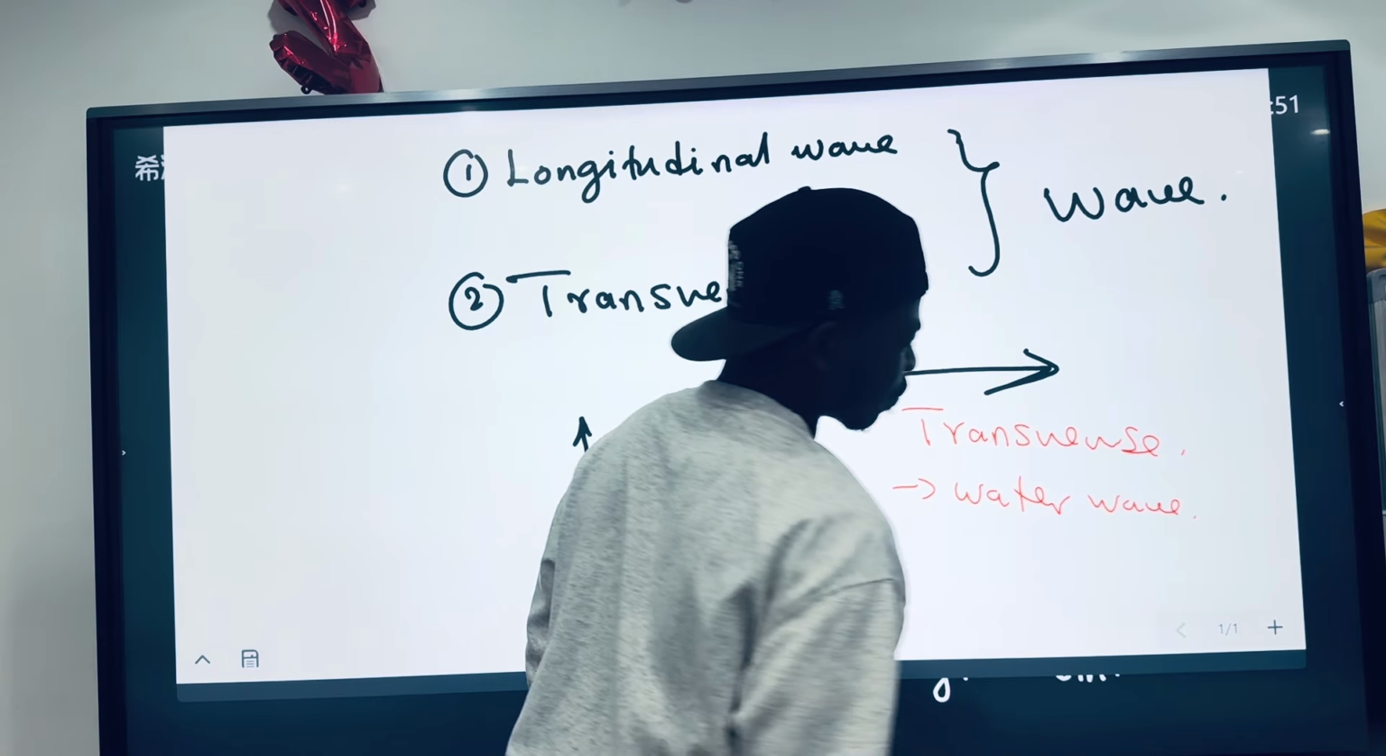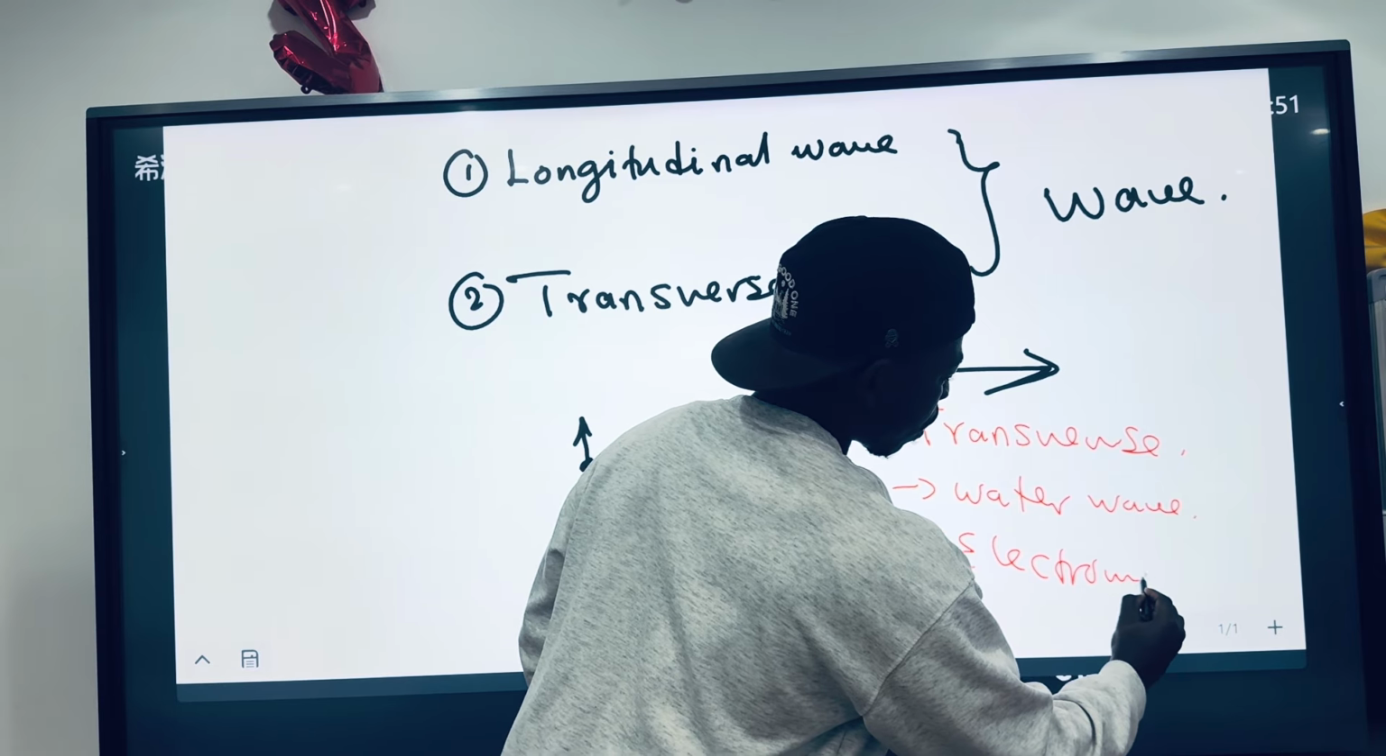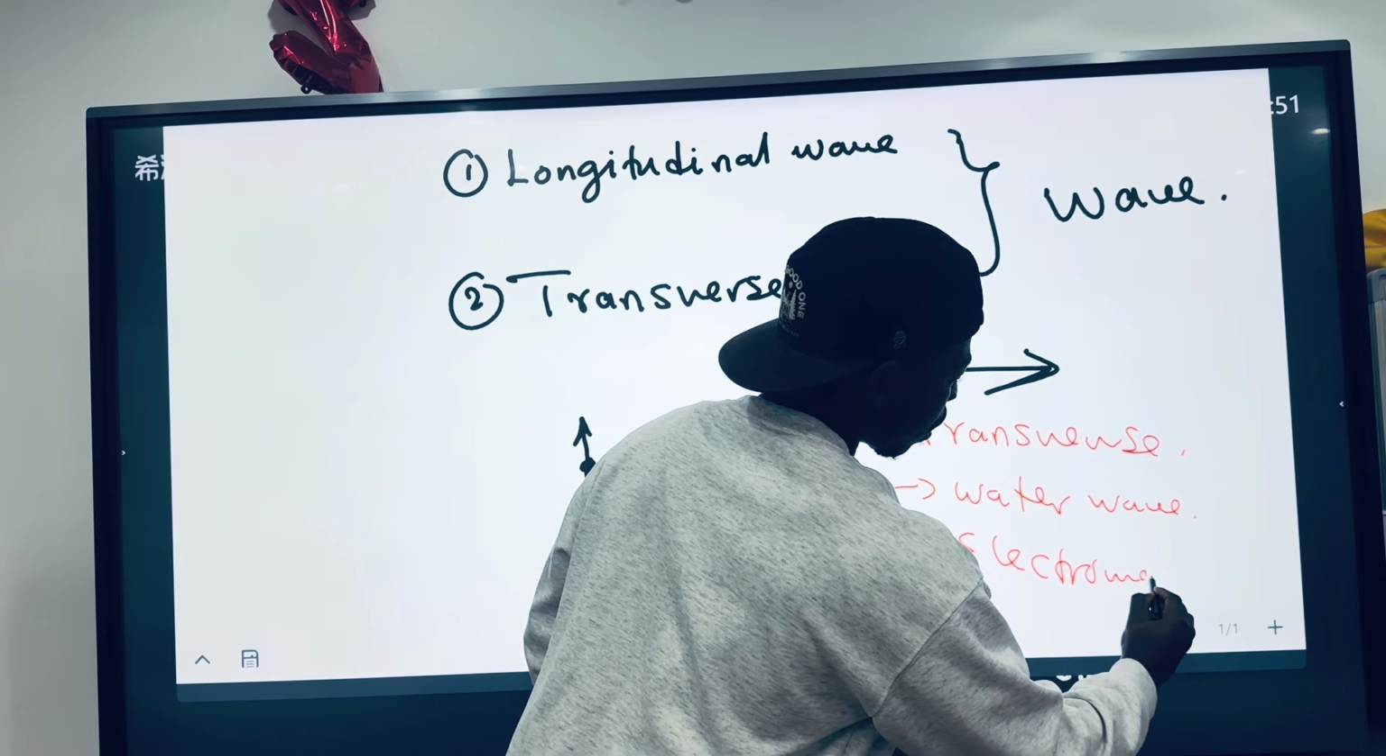Water wave is a transverse wave. What else? Electromagnetic waves. All those electromagnetic waves, the radio waves, the microwaves, the ultraviolet, visible light, all those are good examples of transverse waves. Then we also have another type now where,